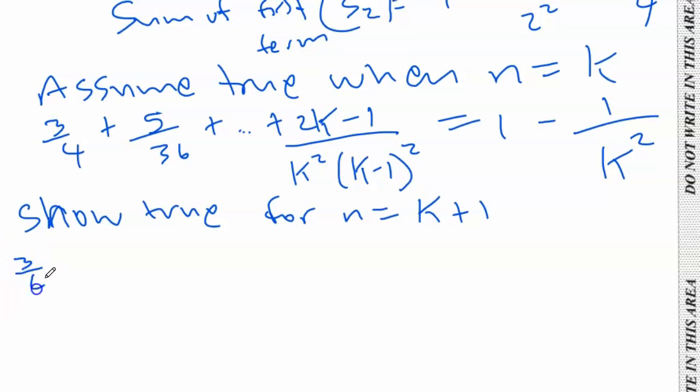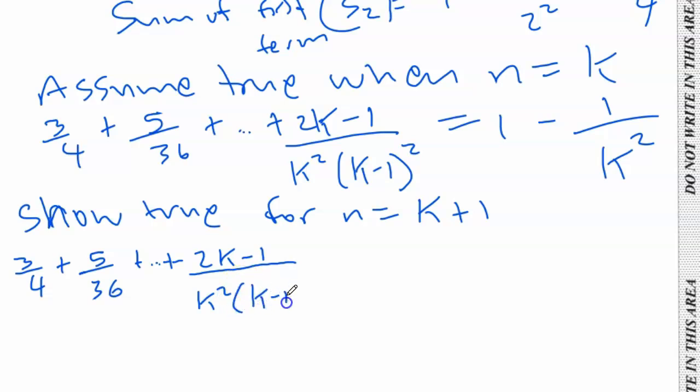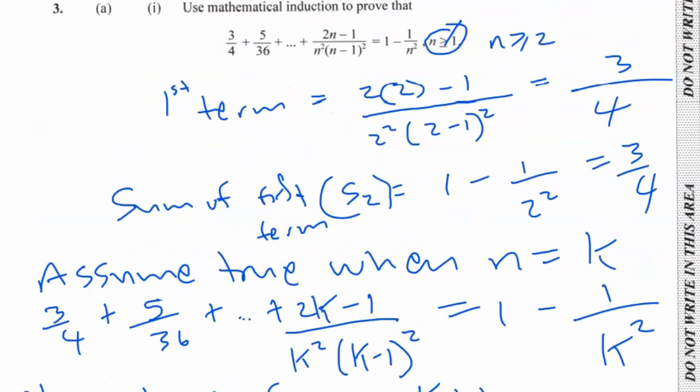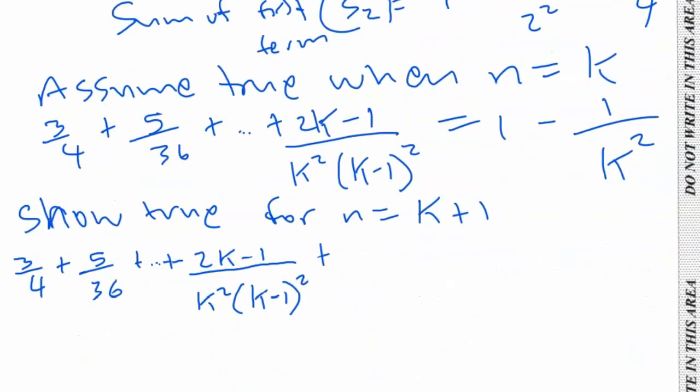So we have 3/4 plus 5 over 36 plus that, and we'll put back in the kth term, 2k minus 1 over k squared into (k minus 1) all squared, plus, and we're going to add one more term now. Remember, this is how we're getting the term, so we're going to replace n now with k plus 1 for the additional term on the left hand side. So 2 times n becomes 2 times (k plus 1)